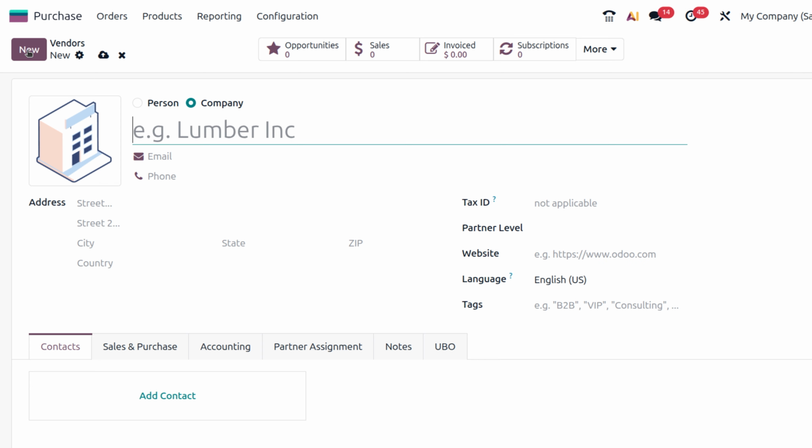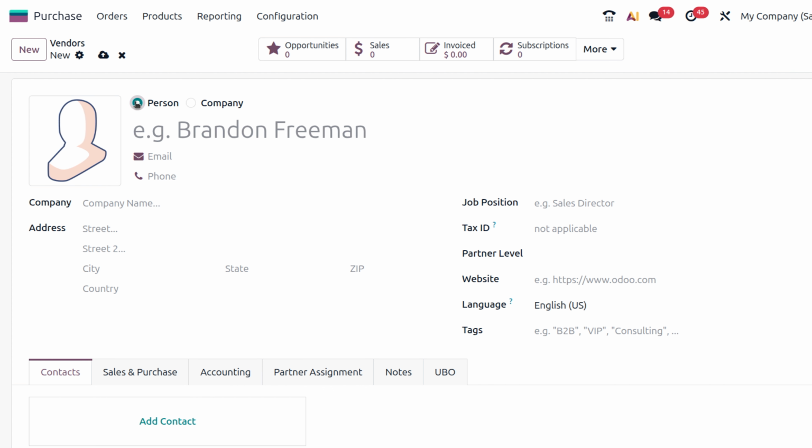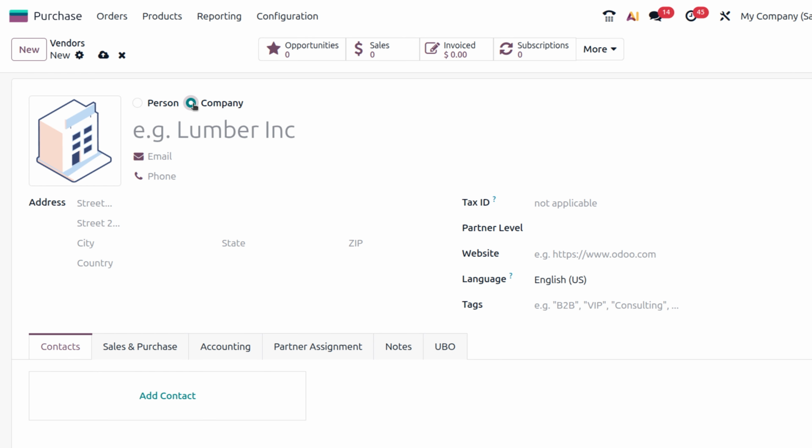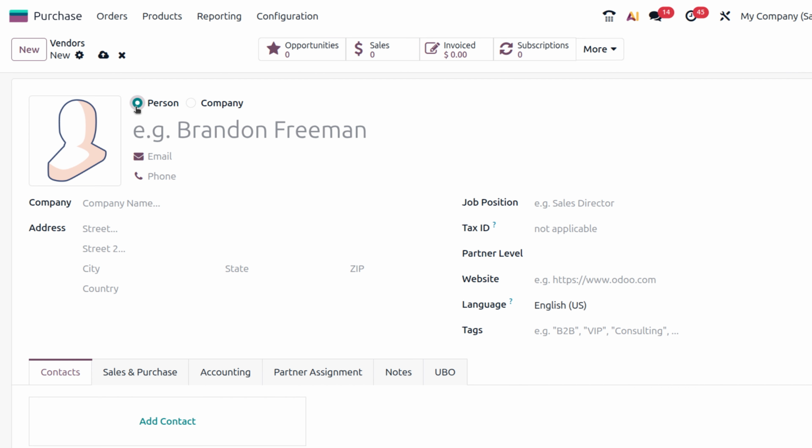Okay. So starting from specifying whether your vendor is a person or a company, you can choose from here. If your vendor is a person, you can choose that, and then you provide the company detail, like the parent company detail. Let me choose the person, and there you can find the company field where you need to give the parent company. Or if this particular vendor is a company, you can provide that information under this form. So let me give this as a person, and I'm going to put this as